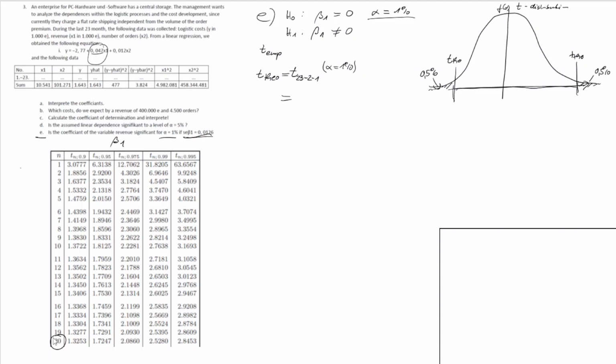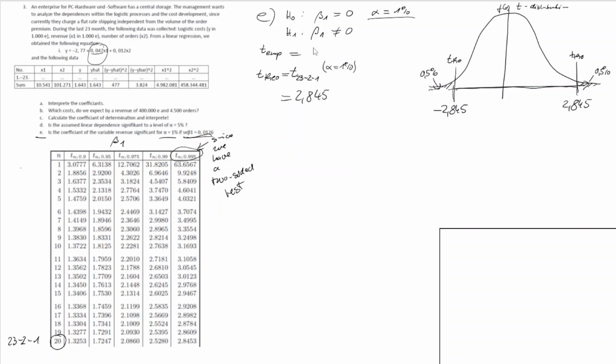So this is 23 minus 2 minus 1, and here 0.995, since we have a two-sided test. So this is 2.845, then this would be minus 2.845, and this would be plus 2.845,